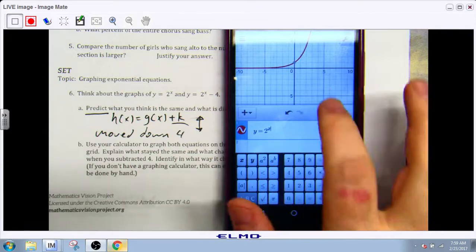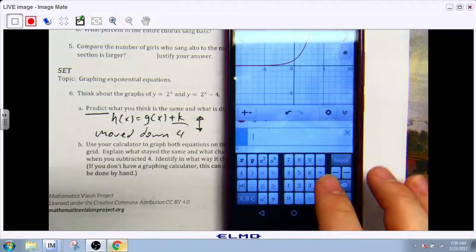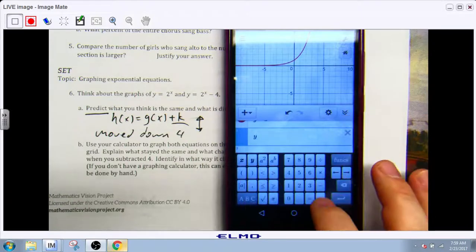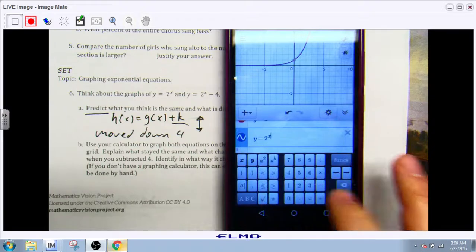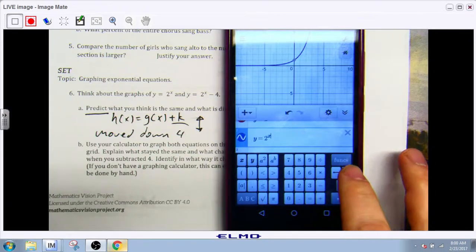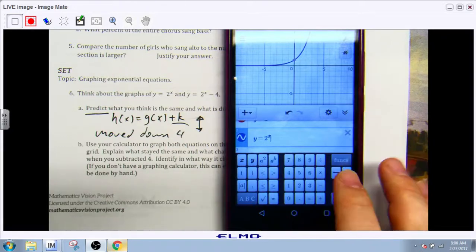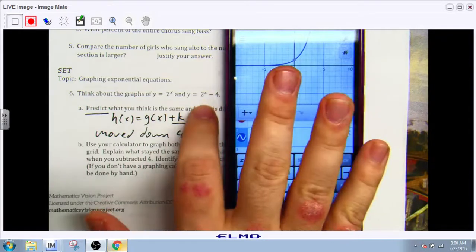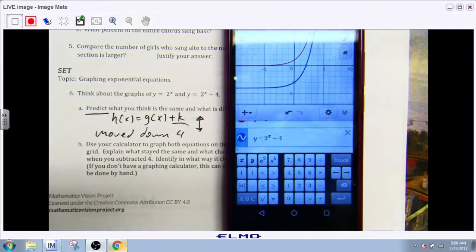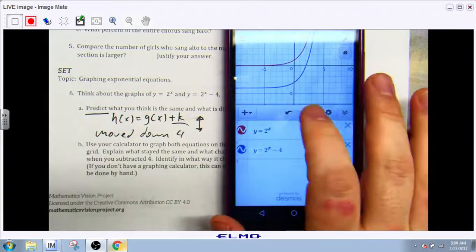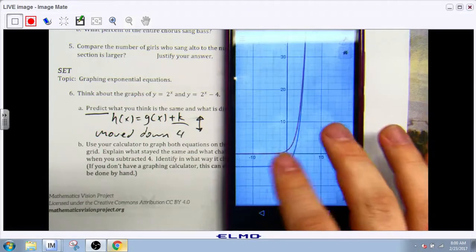So I have that line. You can see it right there. We have this red line. So now I'm going to add a second equation just by clicking here. So I'm going to say y equals 2 to the x power, and then this time I'm just going to press this right, because I'm kind of stuck in the exponent. If I just hit this right button here, it pulls me back down. And this time I'm going to subtract the 4 I'm supposed to subtract. So subtract 4. And sure enough,